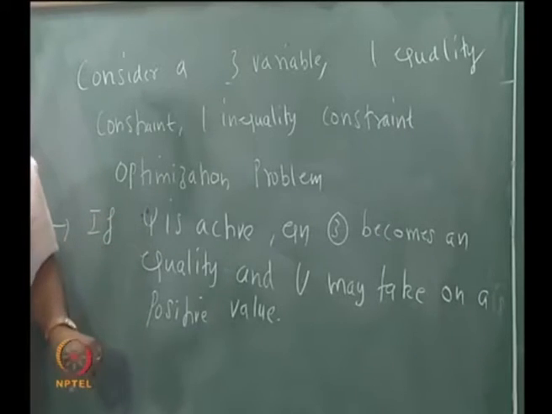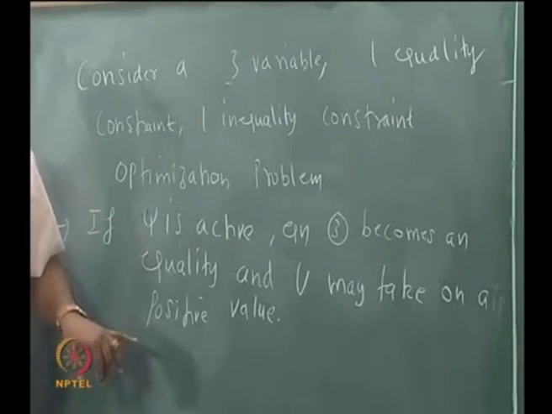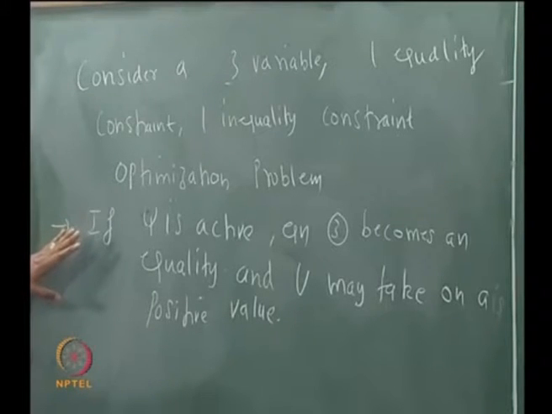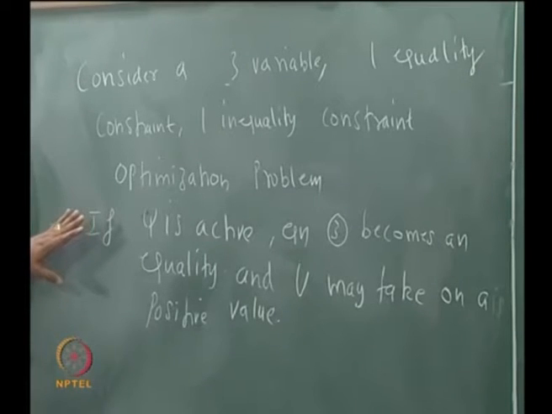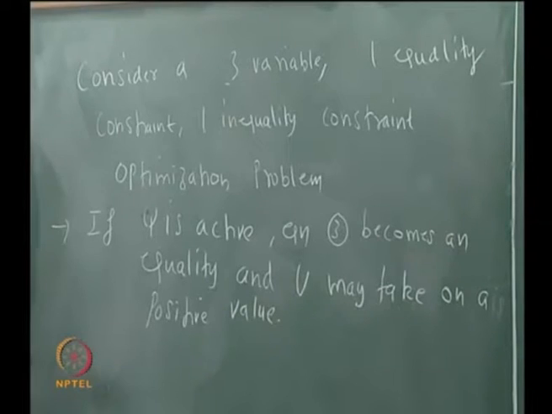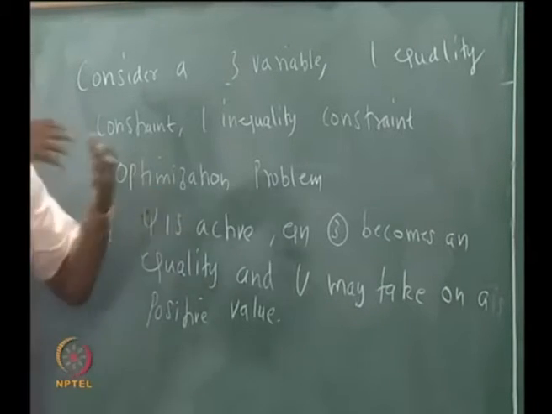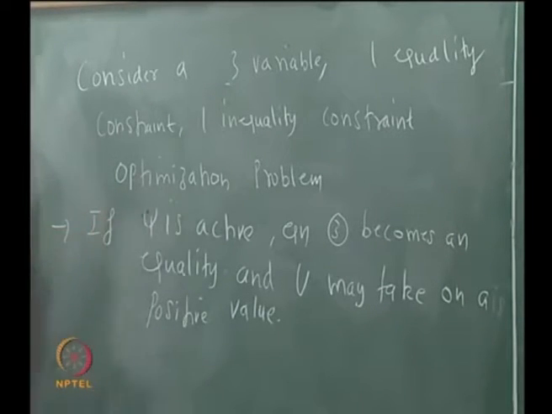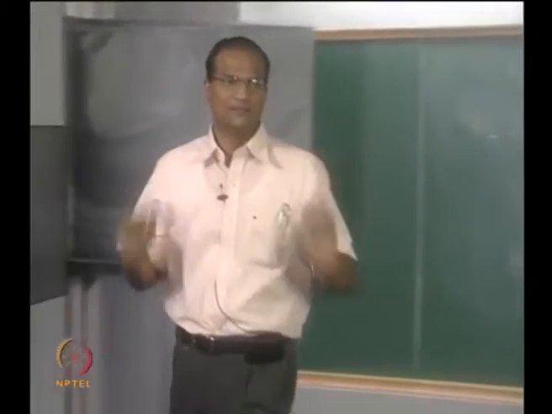If u is positive, then it means it is binding. U is positive, it is binding. Okay, because then when psi is increasing, the y is also increasing, you are seeking a minimum to the problem. Therefore it is binding, and what you have done is correct. If you have assumed psi is active, you have proceeded with the solution, and u is negative, then your assumption that this is an active constraint is incorrect. So it is telling you from the next iteration onwards, you can drop this constraint and proceed. This is the KTC.